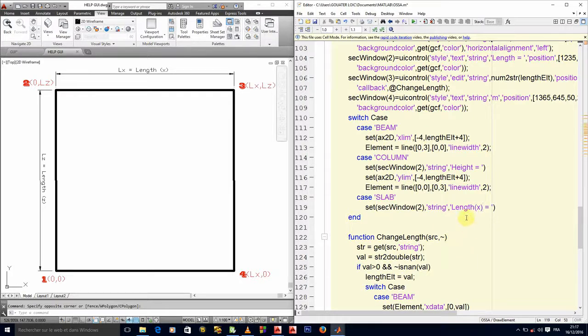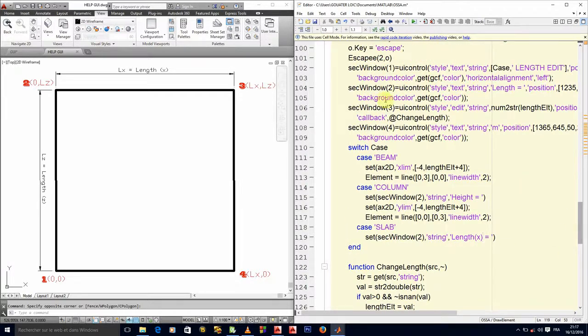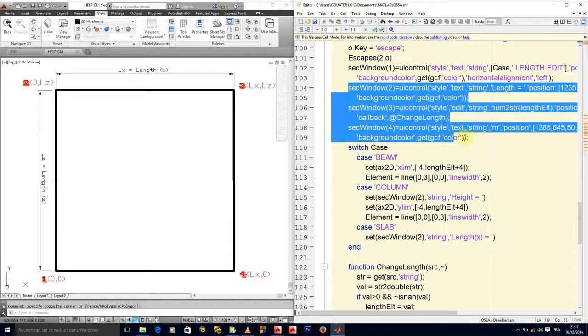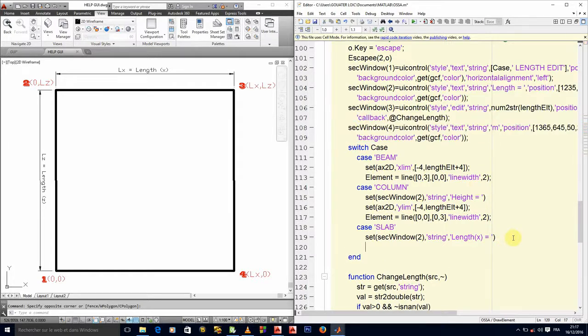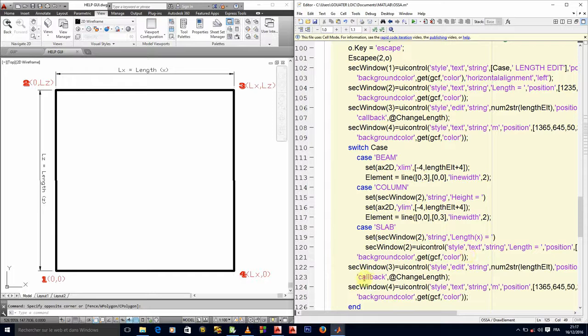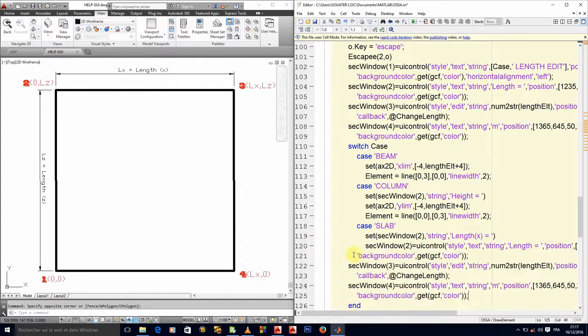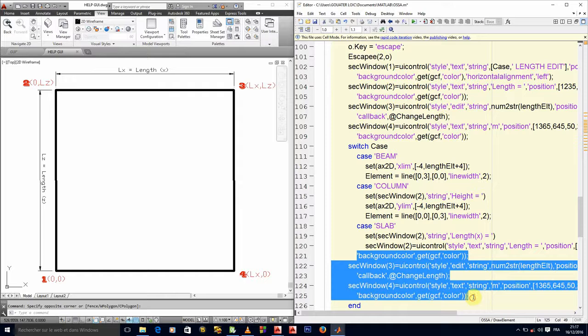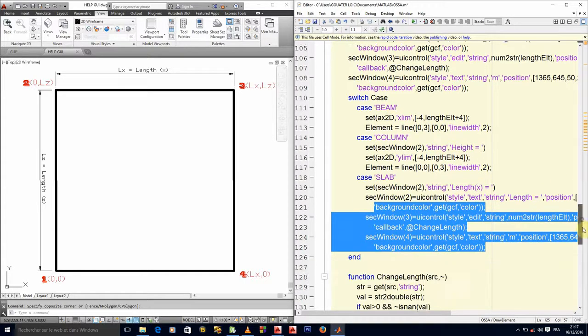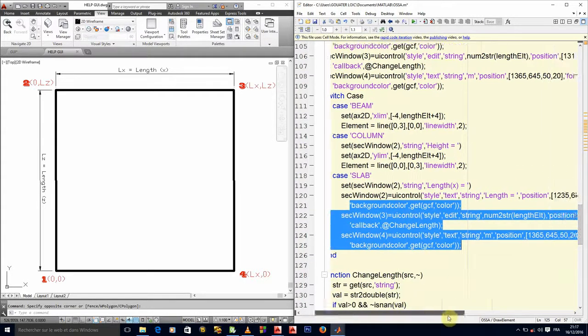To say length following the x-axis will be the first one, okay? Then we'll have to create another something like that. You see what I mean, right? Because we have two different lengths to edit here, so it means that there must be two edit texts and not just one, okay?